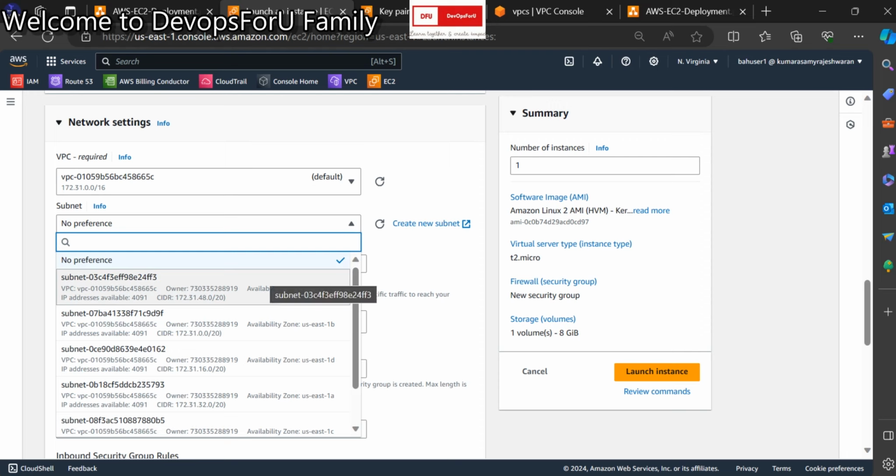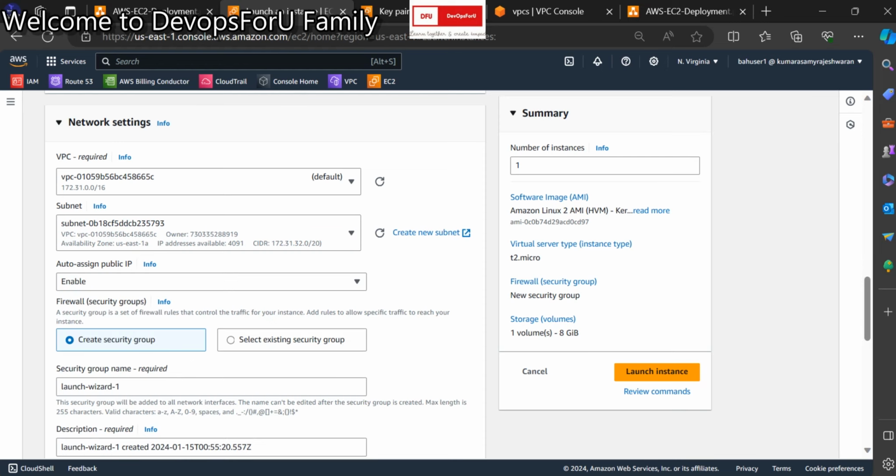And if you recall our video, we have talked about the availability zone, right? This is for HA. If you are going to deploy your application in two or three different availability zones, then you are enabling HA for that. So right now I'm not, I can just pick this one, A, and our EC2 server will be deployed in this subnet, and auto-assign public IP enabled, because